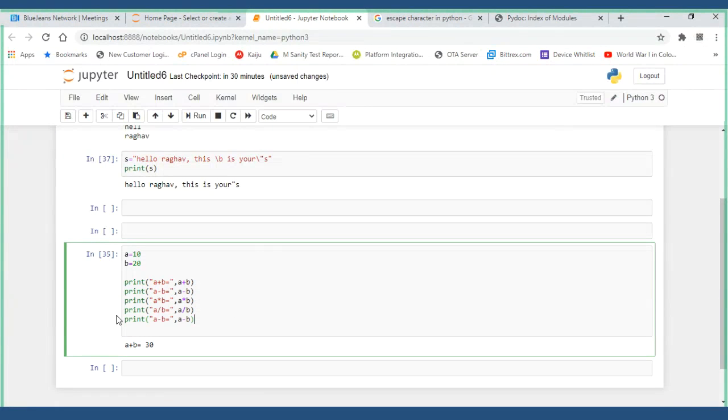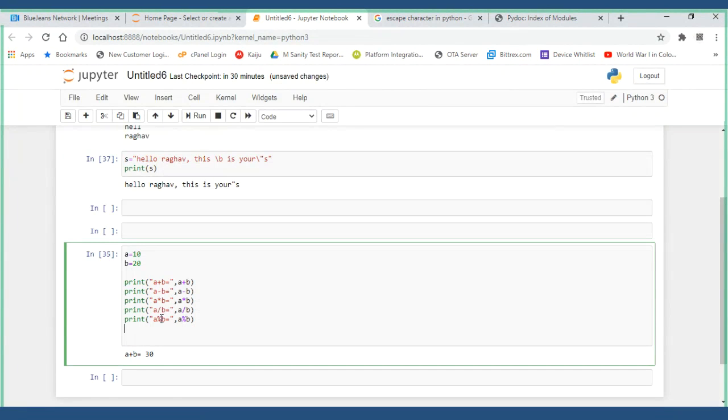Then the modulo division, this is the modulo division. And I would like to get the power, A to the power of B.